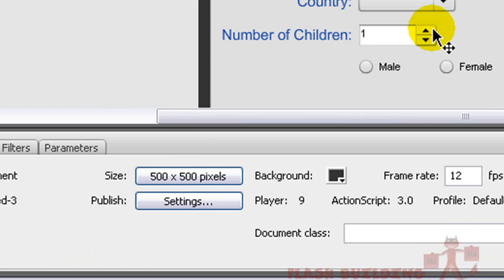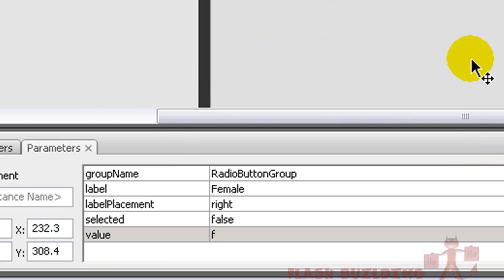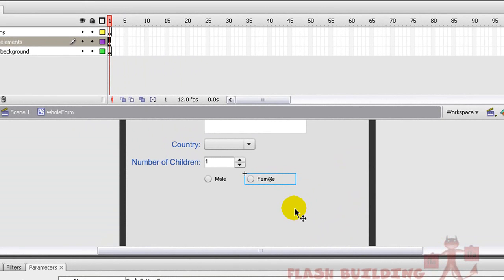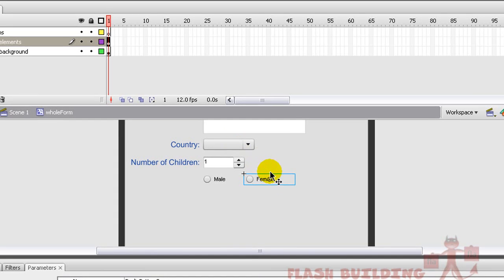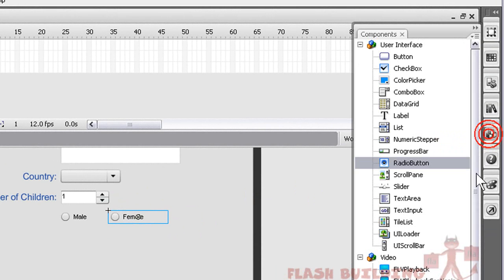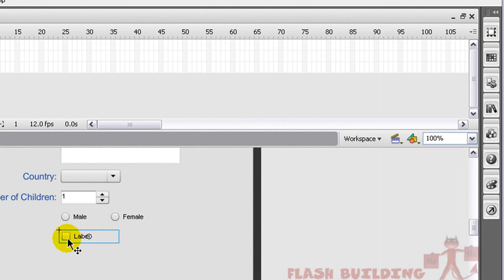Okay. And what's next now? What else can we show you how to program into your form? You've got radio buttons, numeric stepper, country pull down, or whatever kind of pull down you want. Let's do a checkbox. Grab a checkbox out, and we'll say this is for submit to our newsletter, or join our newsletter